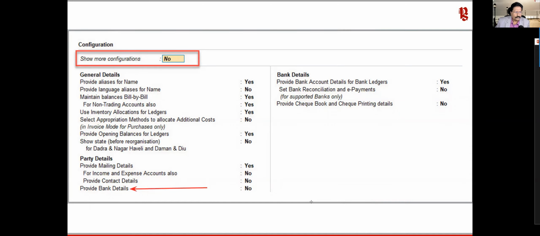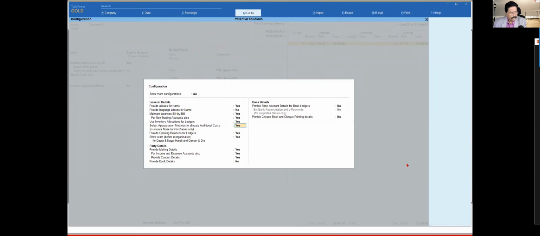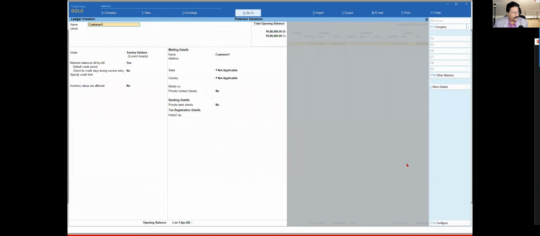Okay, now this bank detail, once you enable, let us see what happens, right? So let's come here and then you say enable bank detail. I'm going to say yes, control A, right? So now if you see here, you have this new option which Tally brings.